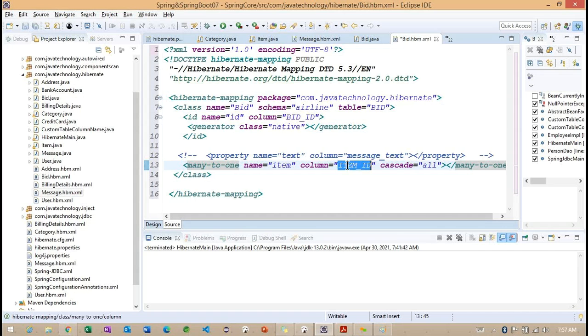So this is going to play an important role here. Now what we are doing here: we are having multiple bid records. These multiple records are going to associate with this particular item here. So now we want to provide the item ID here. And here we need to work with class.